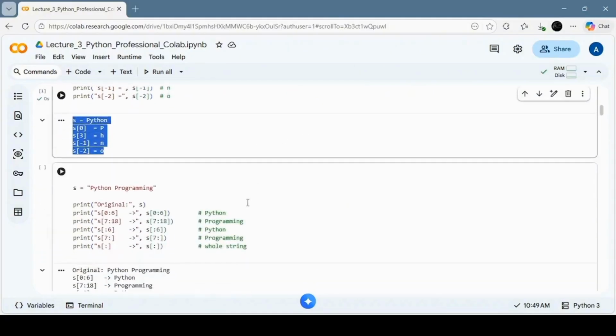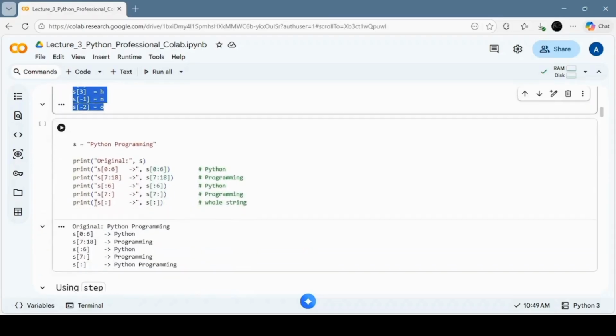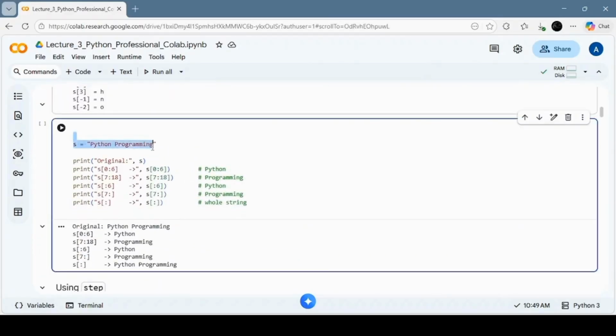On to the next one, that's Python. That's more about slicing. We have a string now, Python programming, and we are applying different slicing methods on it. So first we print the original, and next we give the start and the end of the string. So for example, in Python programming, we can start from here, and this is the 5th index. And generally,